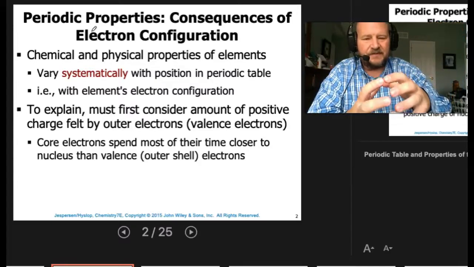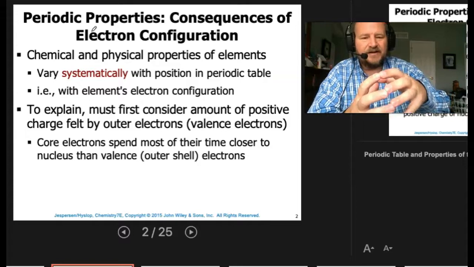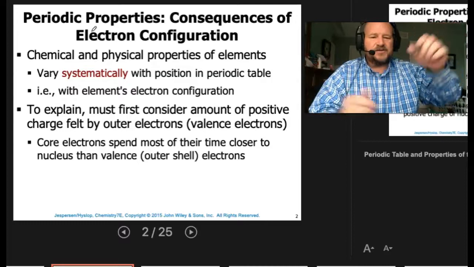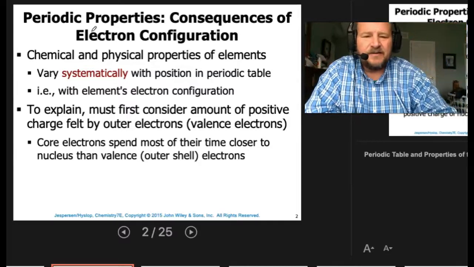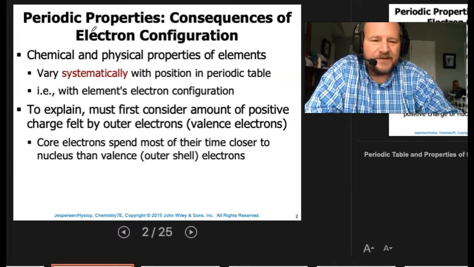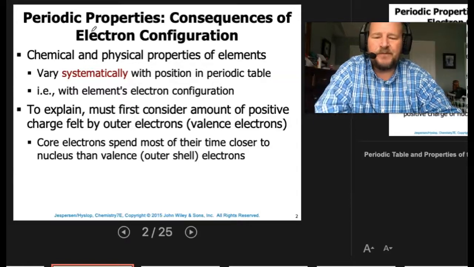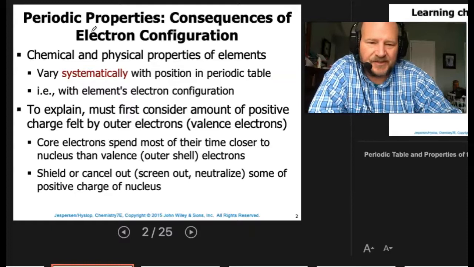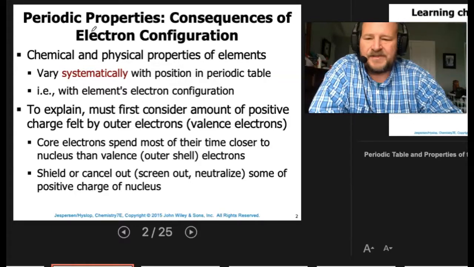So if I've got a sphere of charge kind of hindering that positive, then I have another shell of charge and another shell of charge. So as we move out, the outer shell is going to feel less consequence from those core electrons being filled. So they sort of act as a shield, or they'll cancel out or screen some of that positive charge